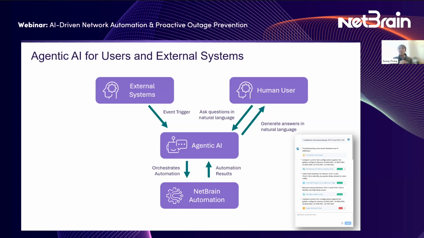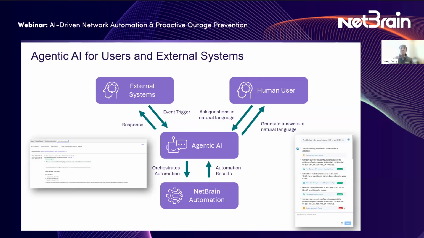NetBrain can do the similar: orchestrate the automation, find the relevant automation, return and interpret the results, and then respond to it and embed itself into the ticket. So using agentic AI is a fundamental change in how we think about it, as an interface to the automation within our system provided to the human user and external systems.